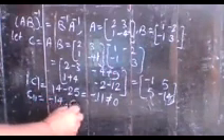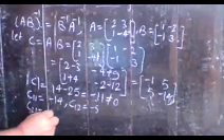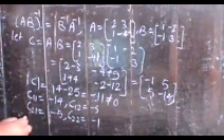C11 is minus 14. C12 is minus 5. C21 is minus 5. And C22 is equal to minus 1. So the adjoint of C matrix can be written as minus 14, minus 5, minus 5, and minus 1. So that gives the value of the adjoint of C matrix.